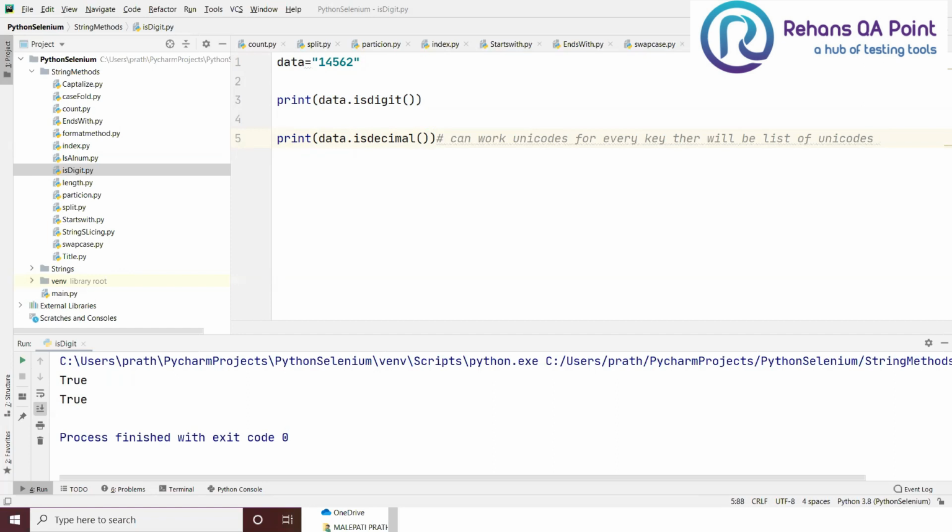So with isdecimal, if you try to give Unicodes also, Unicodes such as backslash u 0033, such kind of things are called Unicodes, which are very hard for us to remember, right? So we are not going to remember this and we're not going to implement it anywhere, but I'm telling you the difference. isdecimal has the tendency to compare Unicodes also. But isdigit is going to take pure numbers only, though both are doing the same operation. They're going to compare the numbers that fall in the range of 0 to 9.